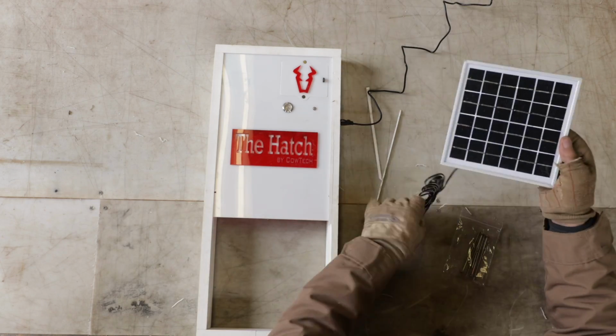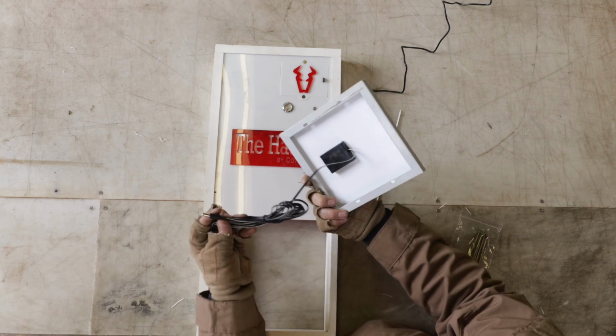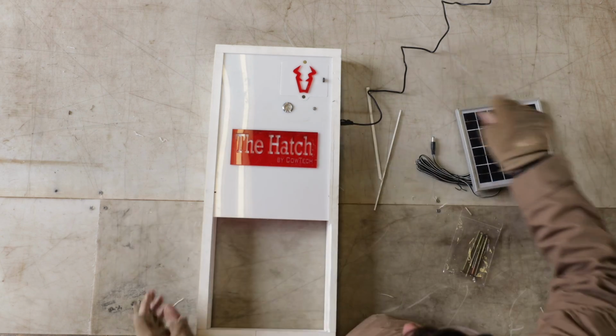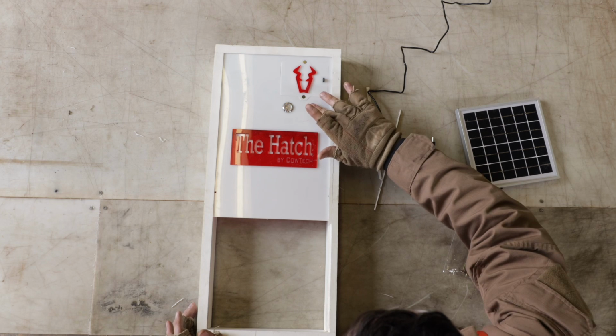So it'll plug into the solar panel, and the nice thing about that is there's nothing complicated. It simply just plugs in. Looks like it's got a photocell on it right here, so if I close that,